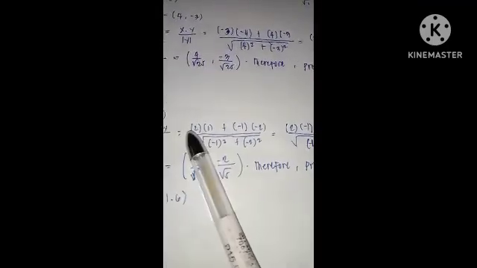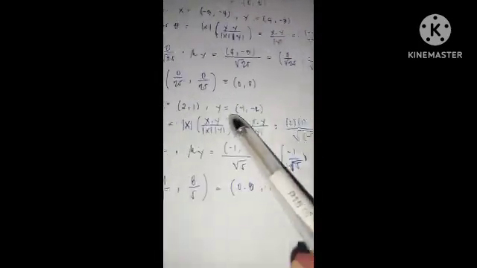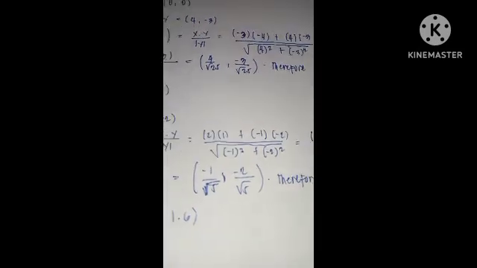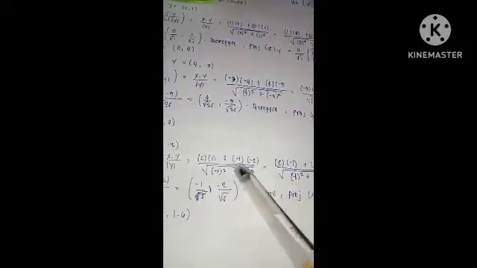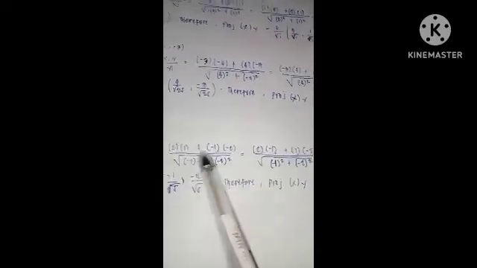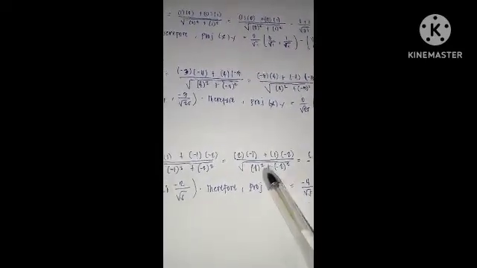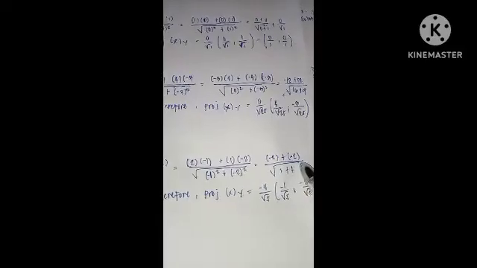So here it is 2 and 1. Our value of x and value of y is negative 1 and negative 2. And the absolute value of y is the square root of negative 1 to the power of 2 plus negative 2 to the power of 2. So we combine like terms, combine the x and y. So the x here is 2, the x here is negative 1, the y here is 1, the y here is negative 2, over the square root of negative 1 to the power of 2 plus negative 2 to the power of 2. So 2 times negative 1 is negative 2 plus 1 times negative 2 is equal to